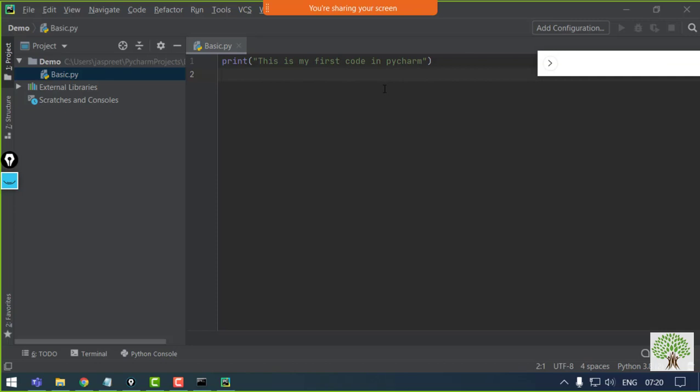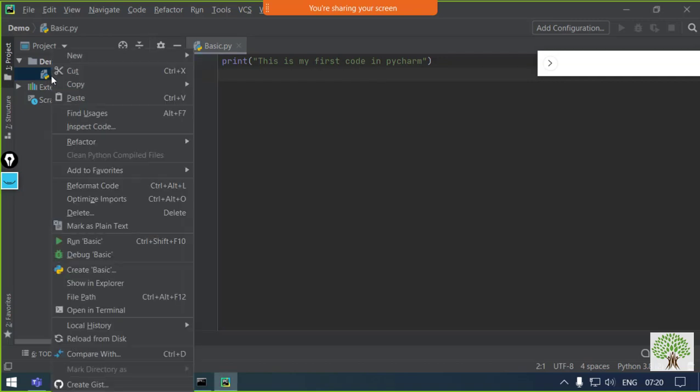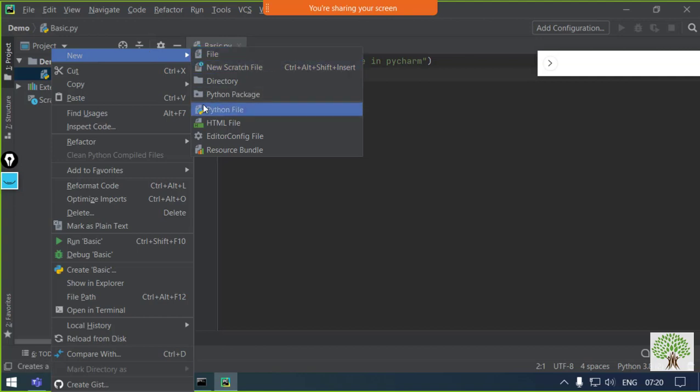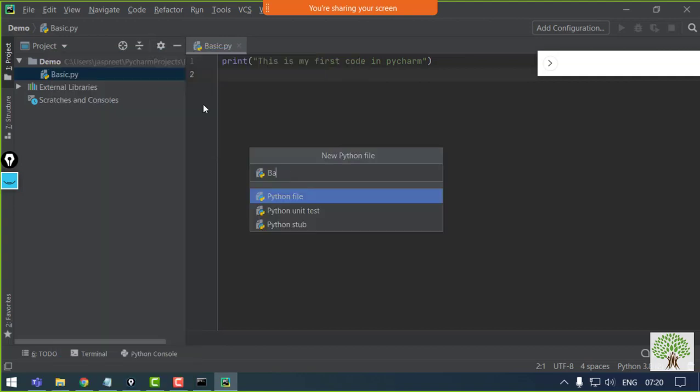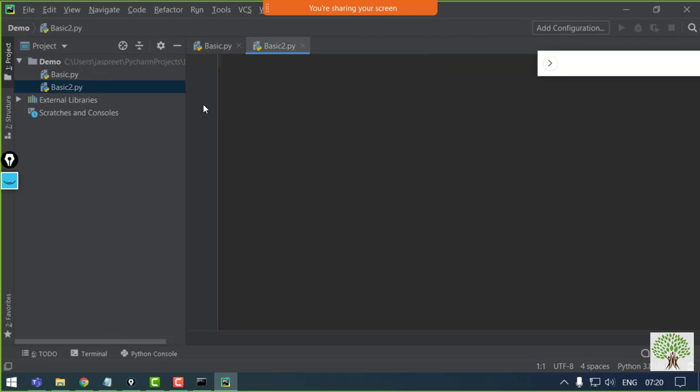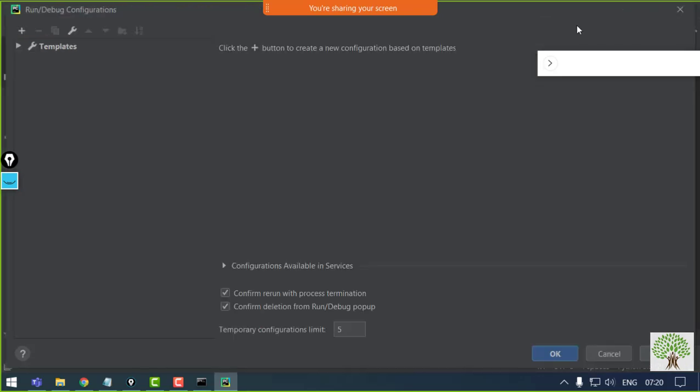In PyCharm, there is a benefit that you can create different configurations to run your different codes. Like if I have basic and I have another module which is basic 2, to run both of them I can have different configurations. To add those configurations, you can see over here that I am getting an add configuration button. Just click on this and this kind of screen will be shown.